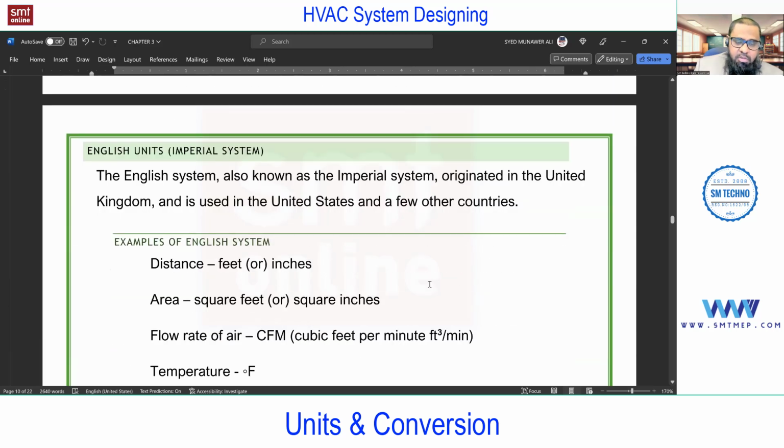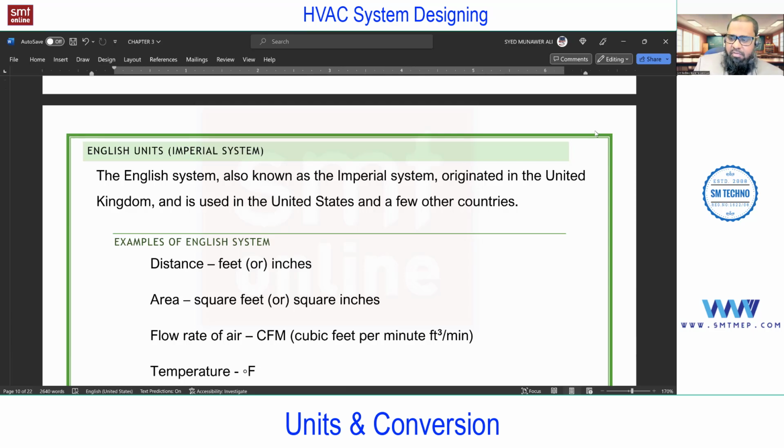You see, the English system, also known as imperial, or we can call it inch pound, IP. The English system, also known as imperial, originated in the UK and is used in the US and a few other countries, and is still used in the US or even in the Gulf or in India. From a practical point of view, I think in practice, not in design,